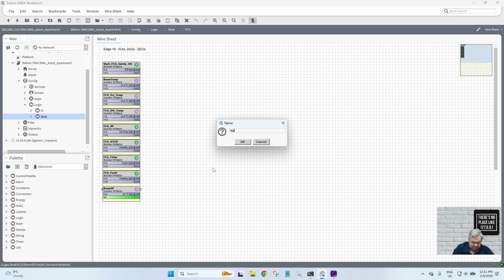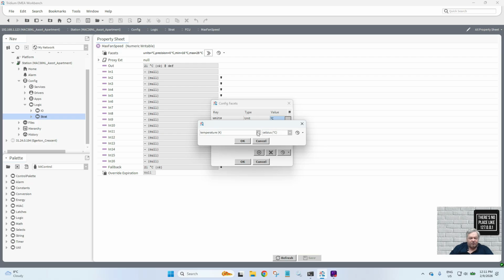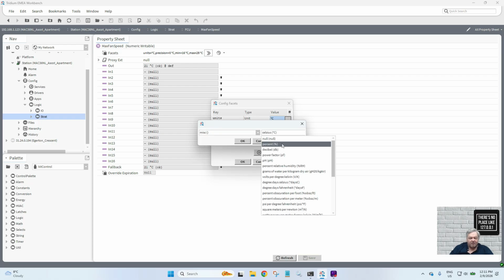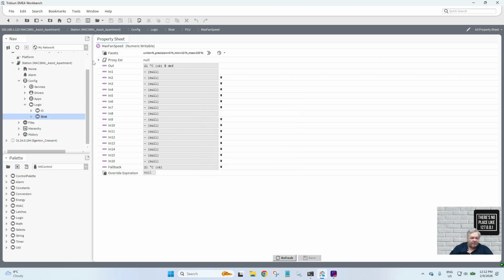and we put max fan speed, and that will be in a percent. So let's go into there, change that to miscellaneous, sorry, and percent, and we can go from 10, not that 10's really low, normally it's 40-50, but we'll leave it at that, to 100 for the speed,